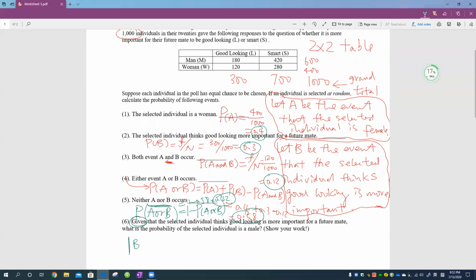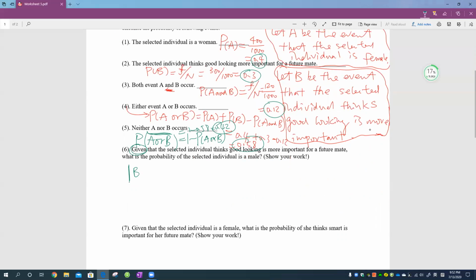Then we have A represent female. The male is the complement of the female. So we say A bar. And then don't forget we're looking at that conditional probability. So that is the stat notation, probability of A bar given B. So that equals probability of A bar and B divided by probability of the given one. So after this line we have the given event, then the denominator is going to be probability of B.